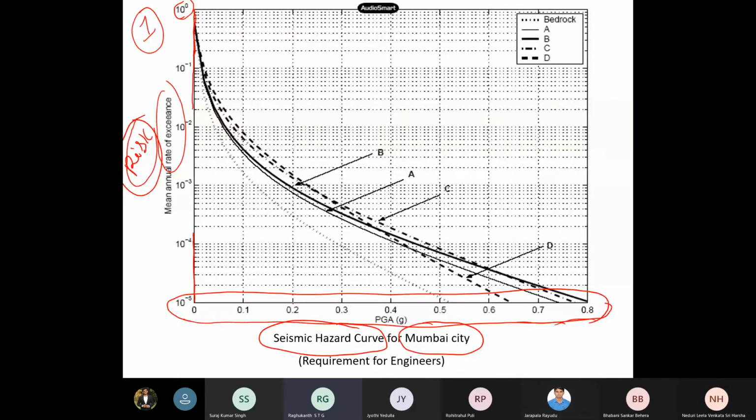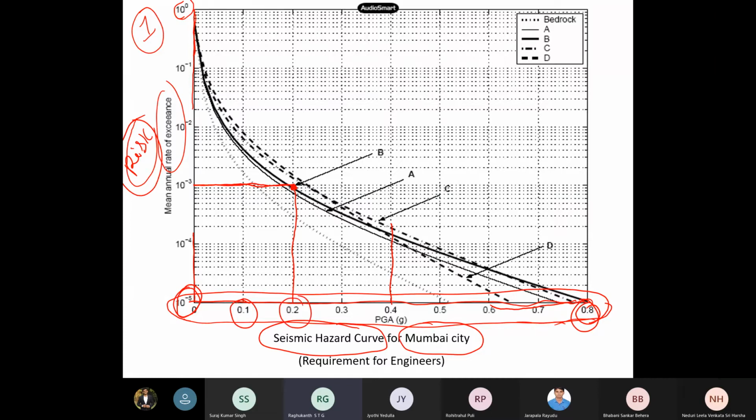Now let us say you design for 0.2G, approximately here. For 0.2G, what is the risk level? 0.1%. That is 10 to the power of -3. Suppose some other fellow designs for 0.8G. For the 0.8G fellow, what is the risk level? 10 to the power of -5. So 0.4 also you can find out for all these values actually. How much are the risk levels? Somebody designs for 0.8, somebody designs for 0.1, 0.2, say.